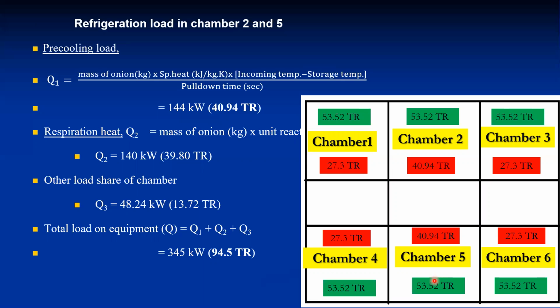We already calculated the total refrigeration load, but here that distribution we have calculated chamber wise. So this is a distribution of refrigeration load chamber wise. And now we have to select the refrigerant or select the evaporator to meet this distribution. Now, as per the design criteria,